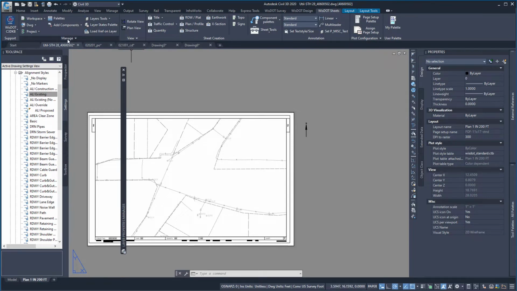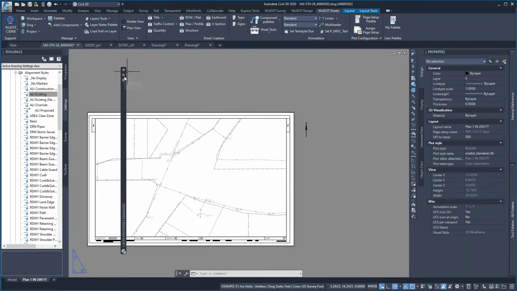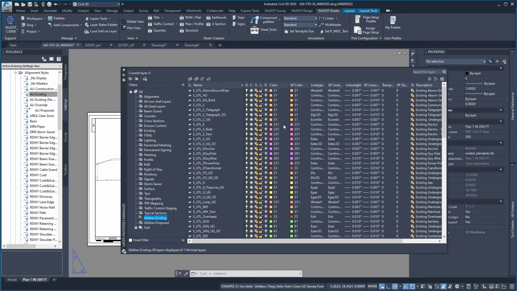If I go to the Manage panel again, Layer States palette, within this palette we do have different layer states, particularly for utilities, depending on the type of plan sheet or exhibit that you're putting together. Say if it's for utility coordination or some sort of display, these can be applied. We also have layer states for different workflows regarding the surfaces or your county maps as they're brought into your title sheets. So for this one, if we take a quick look at what our utilities look like right now,